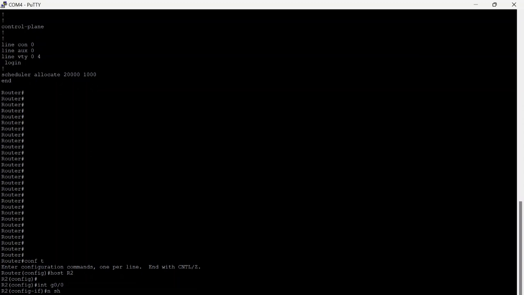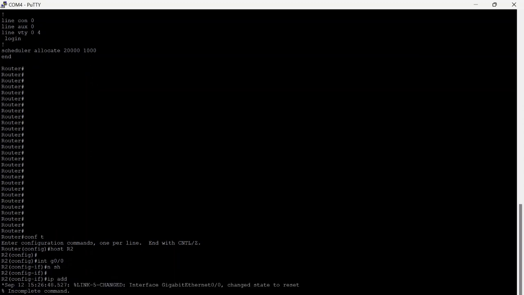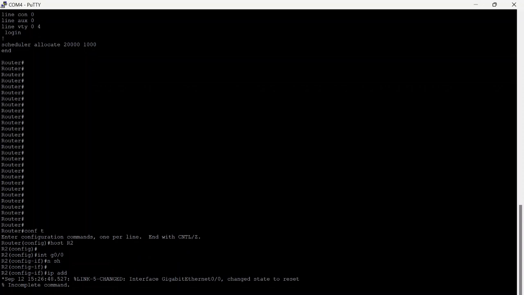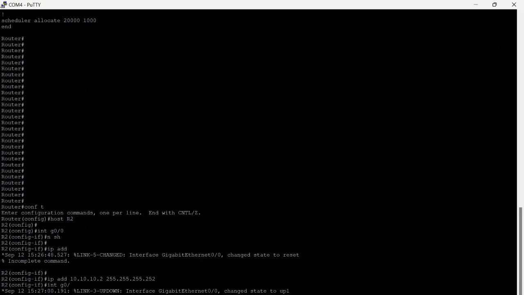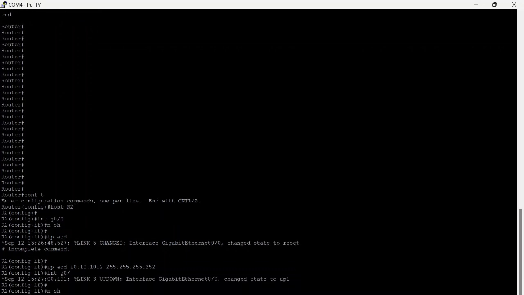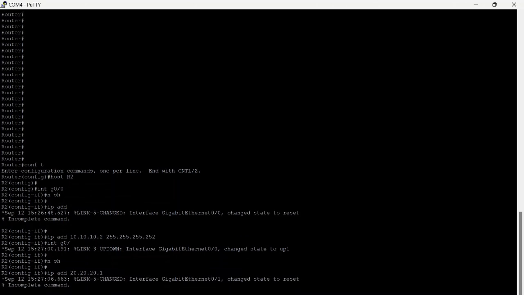I enter interface G0/0, and I write no shutdown, and I add the IP address. This is the IP address, and I enter an interface.